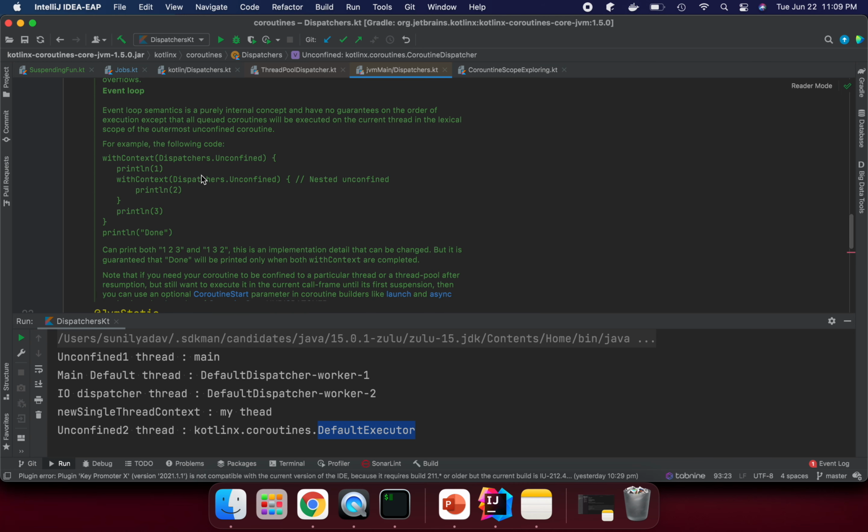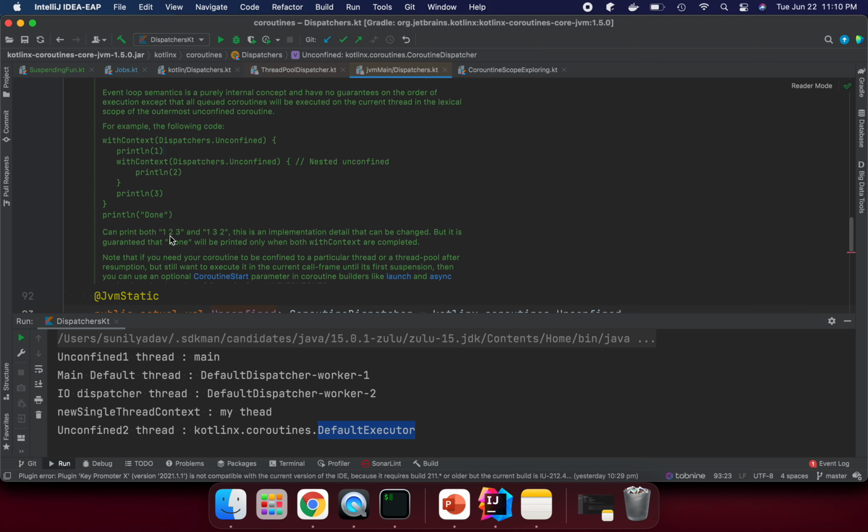For example, the following code. Here we are launching with Dispatchers.Unconfined, printing something, and then we are launching again with context unconfined, nested. println 2 can print 1 2 3 and 1 3 2. This implementation detail can be changed, but it is guaranteed that done will be printed only when both contexts are completed.